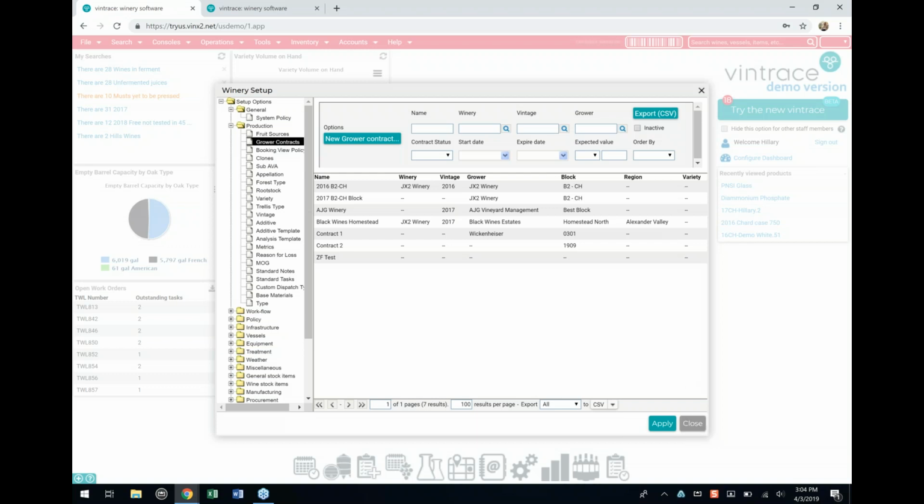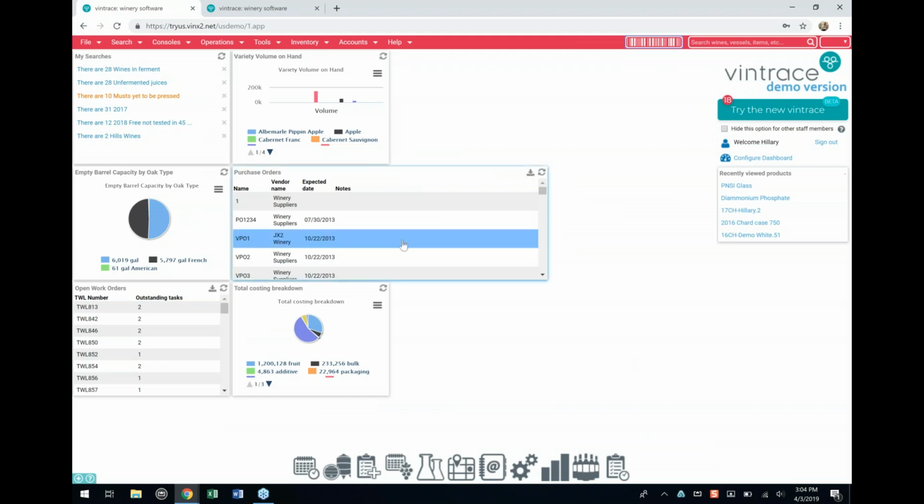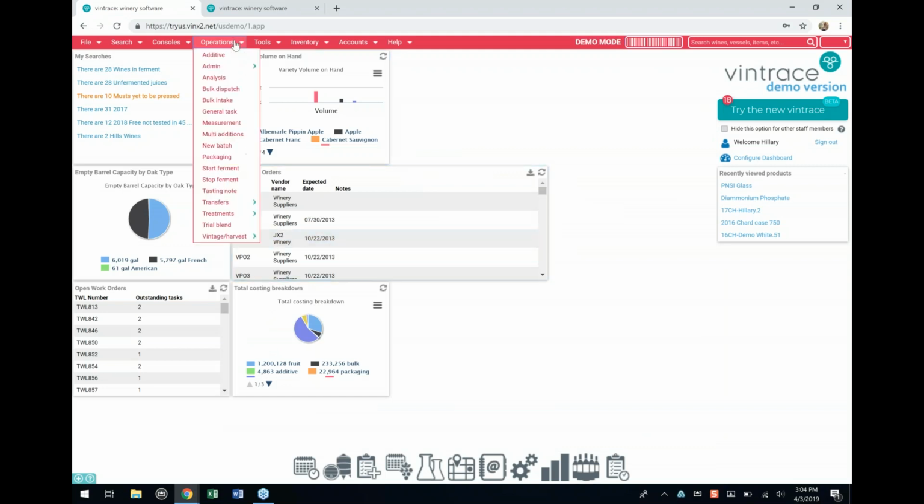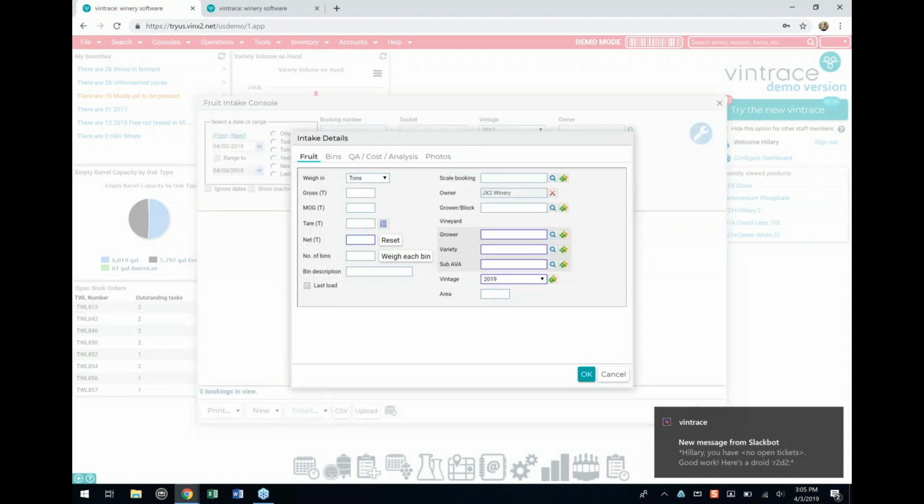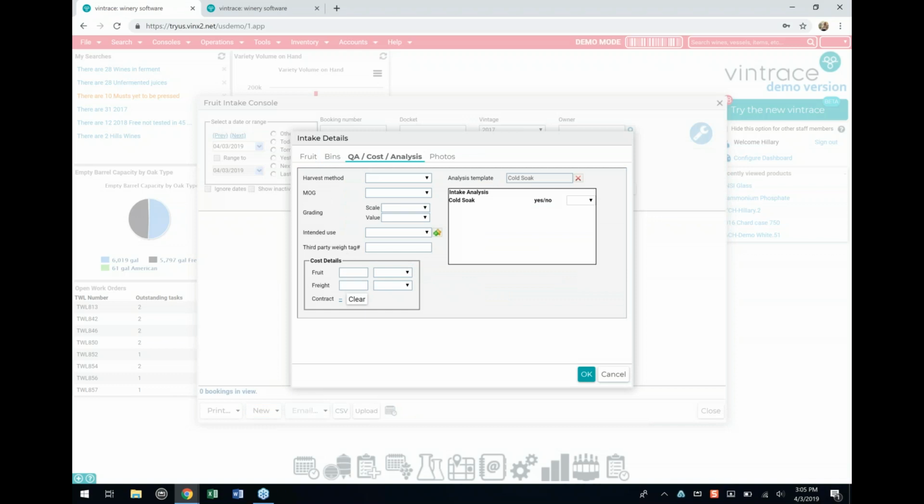All right, so next is if you don't have grower contracts set up, when you bring in fruit, I'll just do operation, go down here, new, unplanned arrival. On the costing and analysis tab, this is where you can add in your total price or price per ton that you paid, $5,000. And this, you can either add it at the time of receival, or you can go back